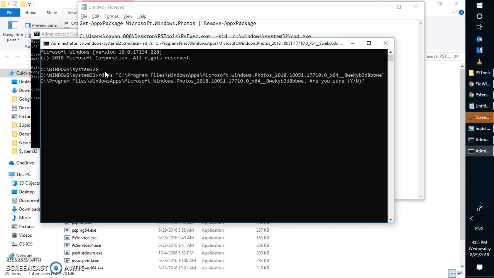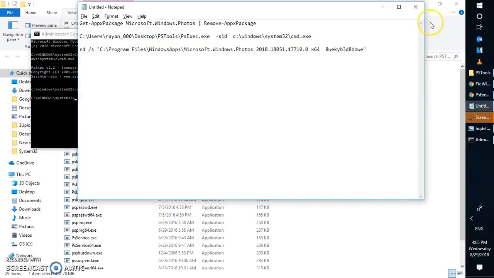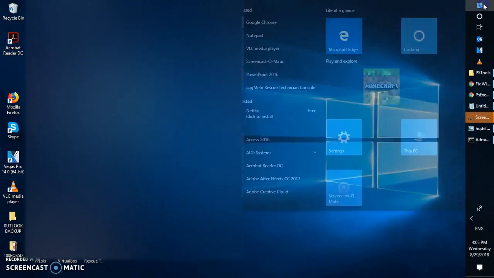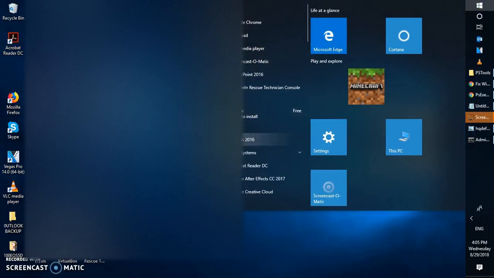If you get a prompt, click on Yes, or hit Y on your screen and hit Enter. This will remove all the Windows Photos packages from your computer. Once you have removed all the Windows Photos packages, you can minimize all the windows and go back to Microsoft Store,